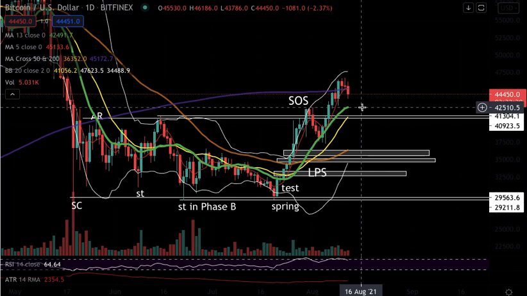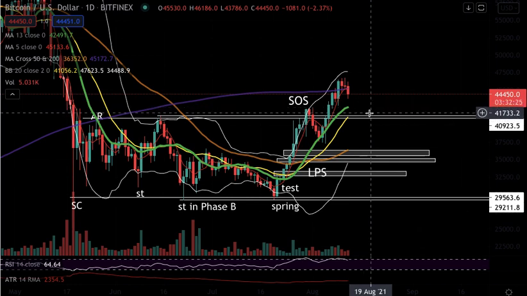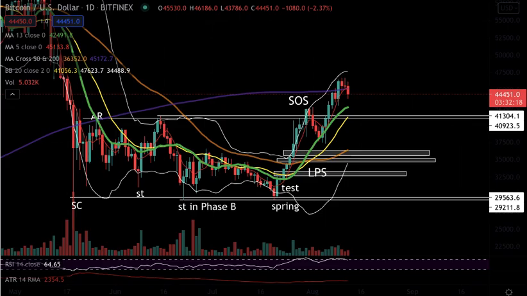All right, 42.5K and 41K. Critical support levels. Watch those support levels very closely, okay? Now, that's all I want to cover. The next thing I want to cover, I'm going to cover